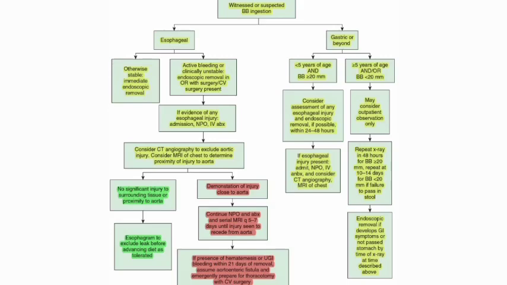So a button battery can be in two sites, one is the esophagus, another is the stomach or beyond the stomach. For esophageal foreign bodies, if the child is otherwise stable, we have to immediately remove the foreign body. Now if the child is not stable, like the child has presented to us late, and has some damage to the esophagus in the form of active bleeding, or is clinically unstable, then we have to do the removal